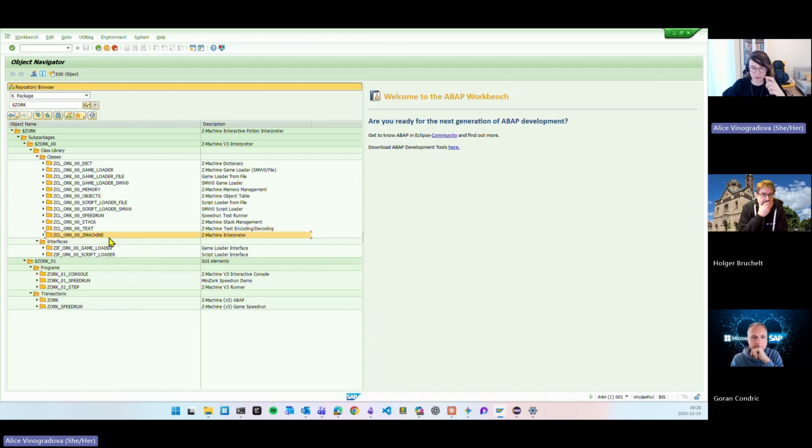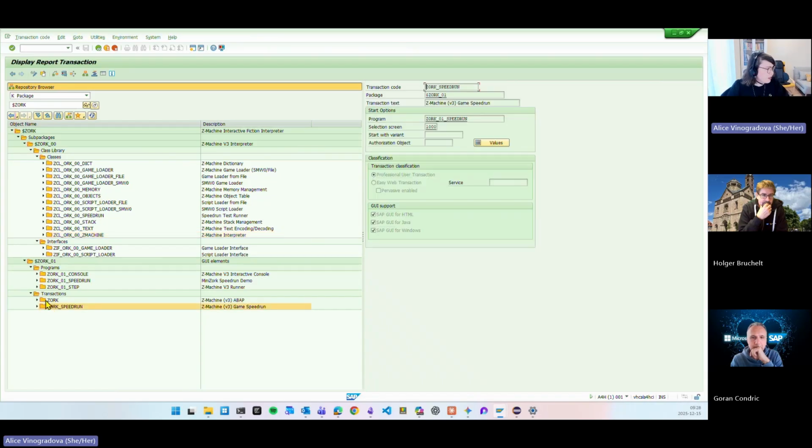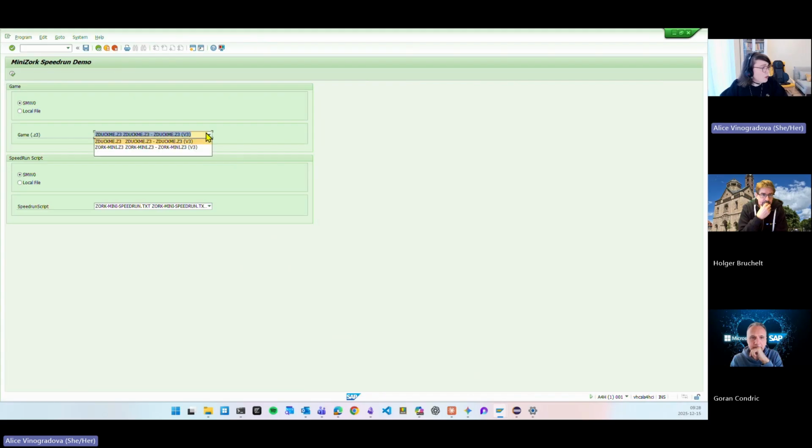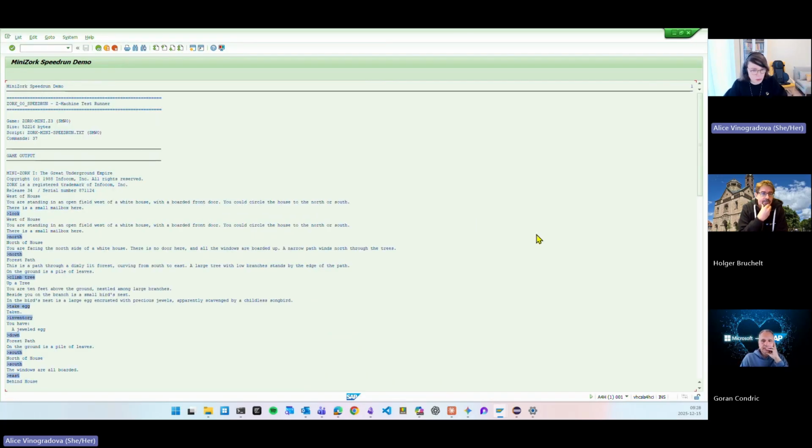My first approach is to create tests so we could stay within the guardrails of what we want to achieve. And actually, there is another nice transaction which we'll demo. So this is Zork speedrun. We select the game that we want to test and the file that will test it. So let's run it. What will it do? Not sure. Can we? No, we cannot. So you see,